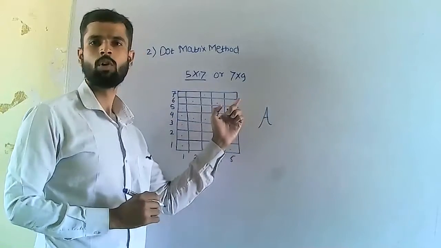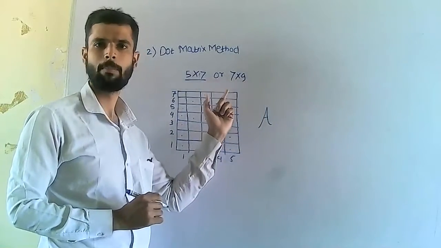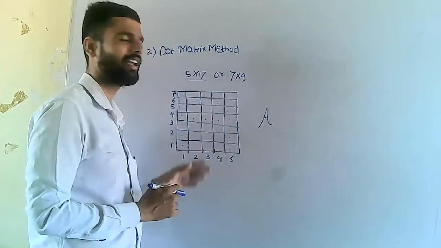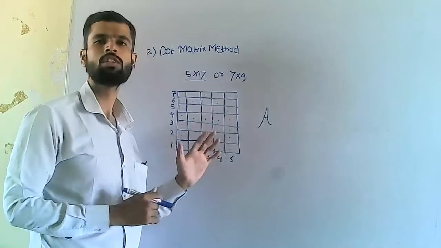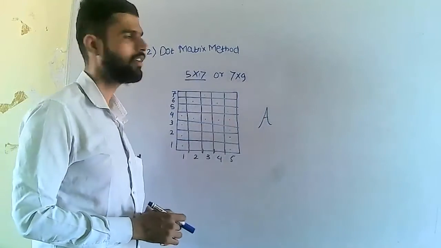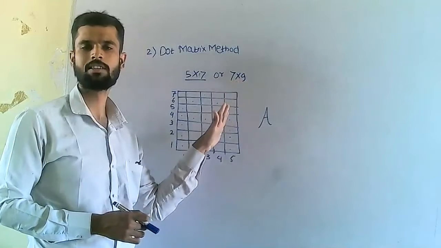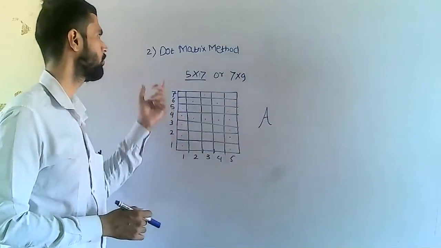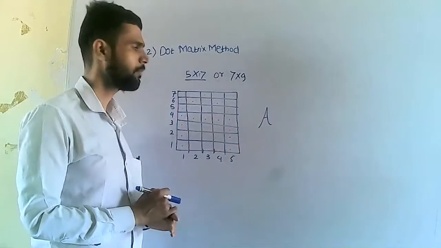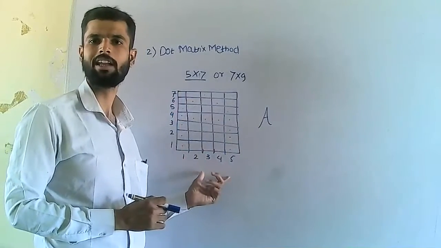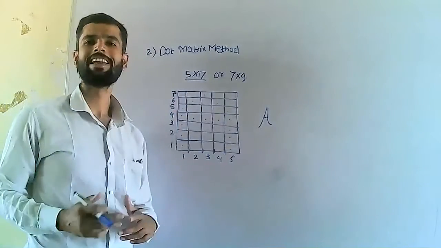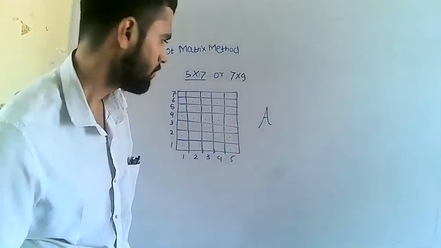The same happens with a 7 by 9 size array. You can take any size array, but if you want to generate large characters or various kinds of characters, then you will use a 7 by 9 size array. So this is all about the dot matrix method. Why is this method called the dot matrix method? Because we use one particular array for the generation of the character. Okay, so now the next method is the starburst method.